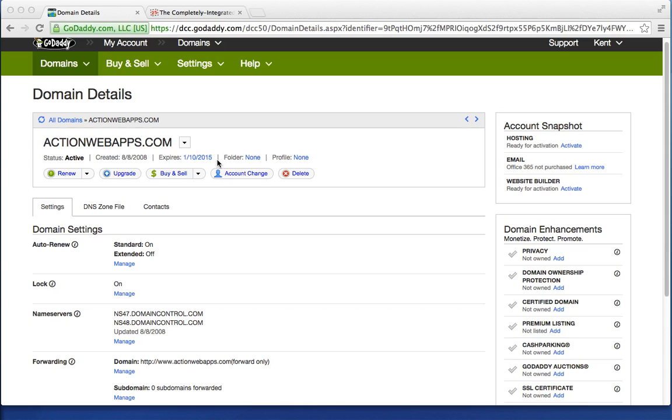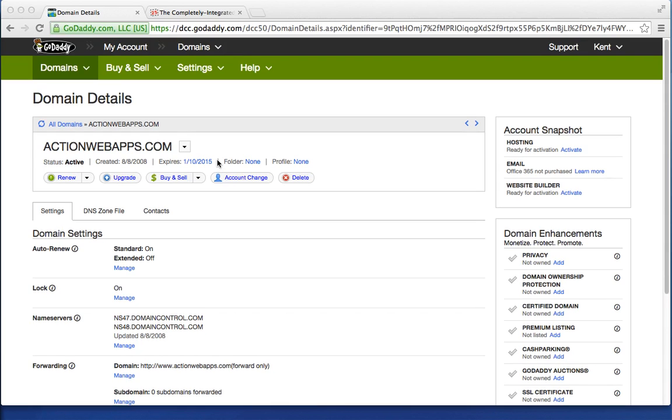www.25coupons.com. However, DNS rules do not allow you to point the root of a domain to another name. It has to be pointed to an IP address. So what we want to do to get around that is use domain forwarding. I'm logged into GoDaddy, and we're going to set up domain forwarding. We're going to point actionwebapps.com to